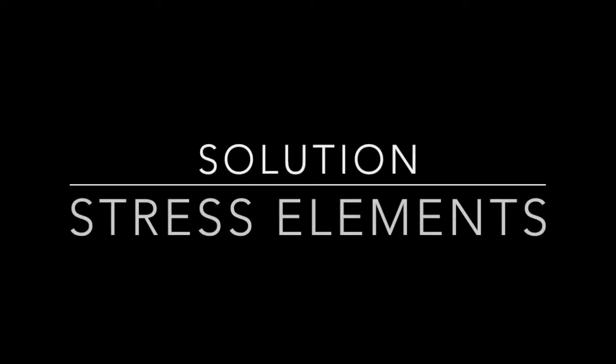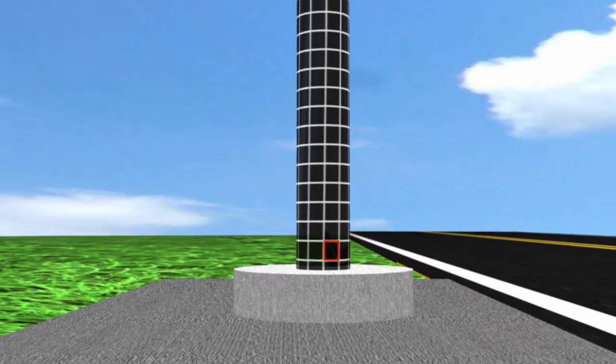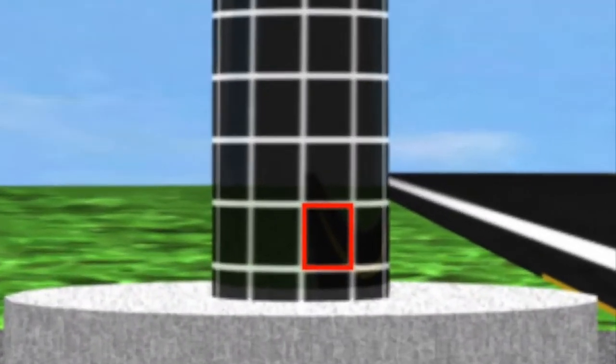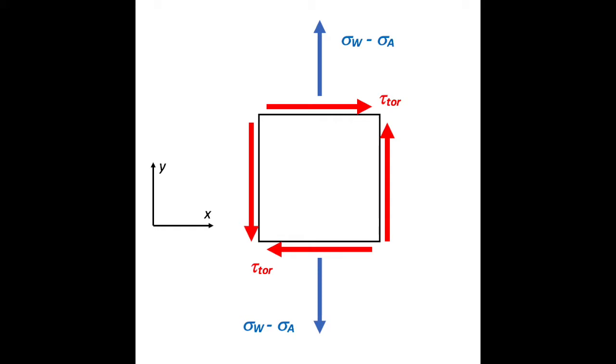Now that we have the right equations, we can draw the stress elements. Let's look at the 2D stress element taken from the front of the pole. We have shear stress tau sub tor from the wind twisting the pole about the base. Imagining this element on the pole itself, the wind pushing along the z-axis causes the top of the pole to twist counterclockwise. Similarly, the top part of our stress element will twist counterclockwise, so we need an arrow that corresponds